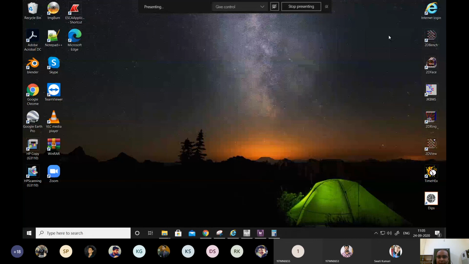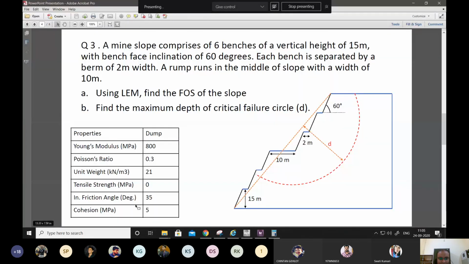I'll post the updated properties of this cohesion. Give me 5 minutes. I will check out the original values that I had. I think it's 50 or something. Let me check out. Okay. Yes, sir. Let me check and get back.